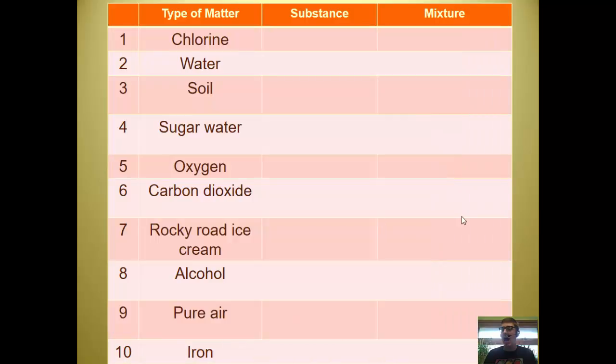Keep that in mind. I would like you to try these problems. All 10 of them, you can do them on paper, and then you're going to have to answer some questions about them. If it is a substance, I want you to tell me what type of substance it is. If it is a mixture, I want you to tell me what type of mixture it is. Remember, substances can be elements or they can be compounds. If it is a mixture, I want you to tell me if it is a homogeneous mixture or a heterogeneous mixture. Take some time right now and answer those questions.